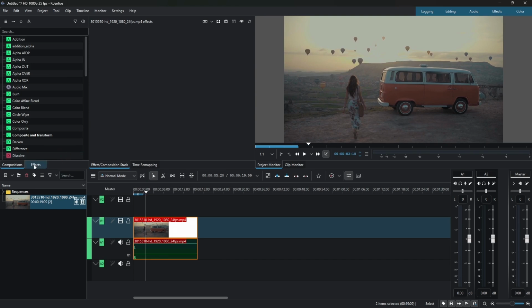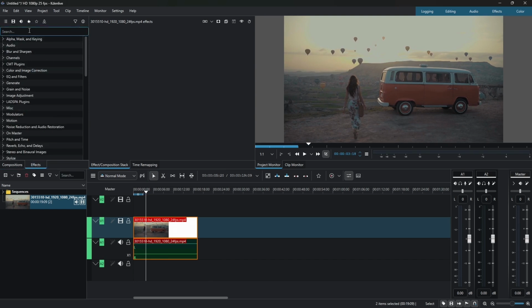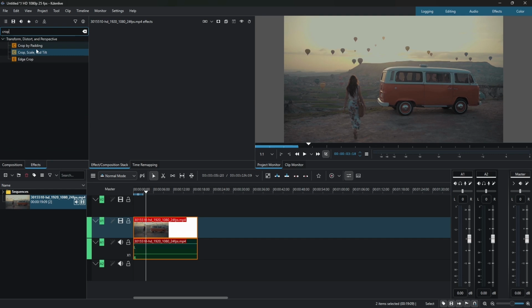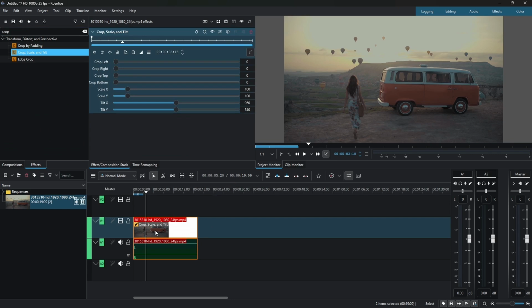And now to add the cinematic black bars to this video, what we have to do is just navigate to the effects and in the search box, type in crop and find this effect called crop scale and tilt. Now drag and drop this effect on your video in the timeline. And when you select the video here in the timeline under effect/composition stack, you'll see these crop scale and tilt